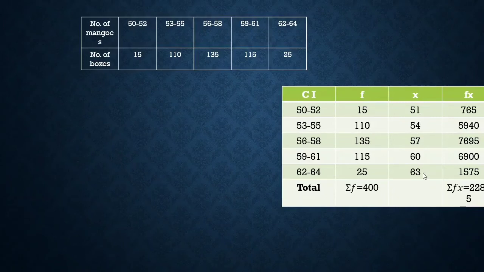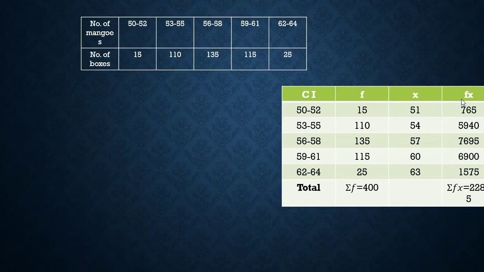The class marks are calculated and they are 51, 54, 57, 60 and 63. And lastly we have our fx by multiplying the frequencies and class marks. So 15 into 51, 765, 110 into 54, 5940, and so on up to 25 into 63, which is equal to